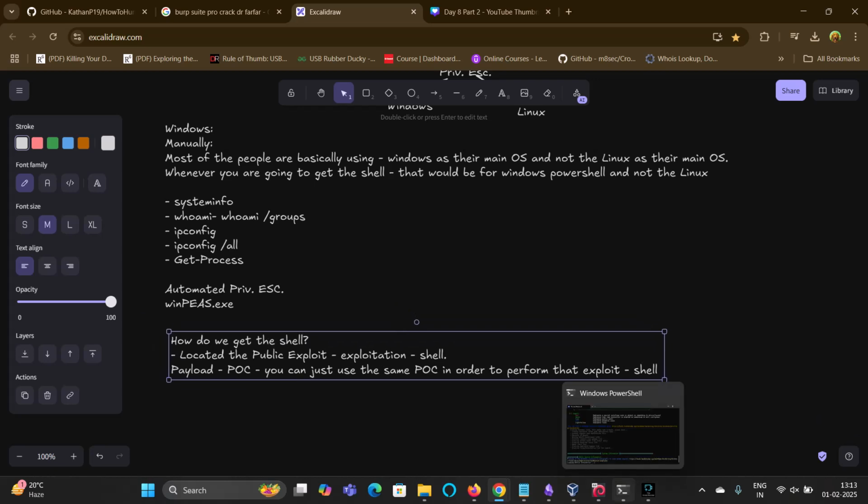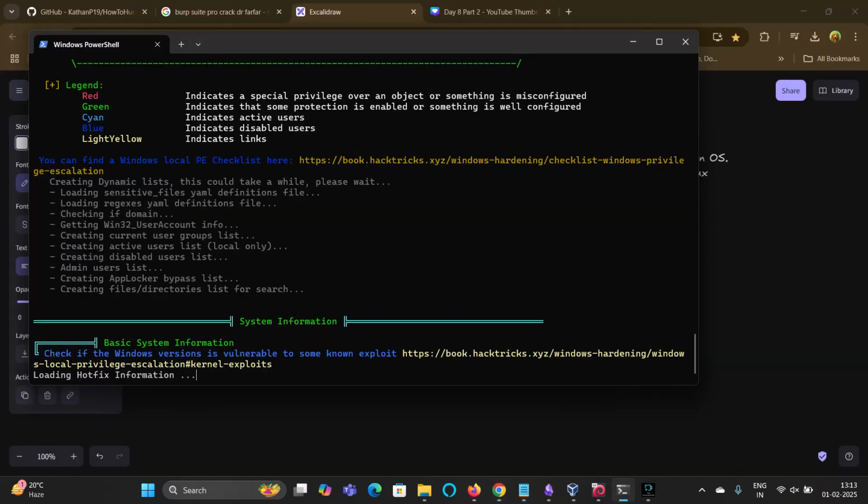Let's just see if our Windows privilege escalation is working in the background. Look guys, it is again loading hotfix information. It is loading some kind of information regarding the hotfix. I don't know exactly what it is because I haven't read about the whole hotfix information. But if your system doesn't have as much on it as mine, it would just give you direct information and load everything in one go, as it is really quick, and you can get a hold of all the PE checklist over here.